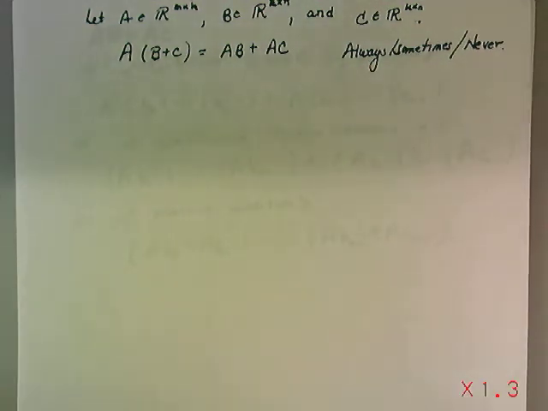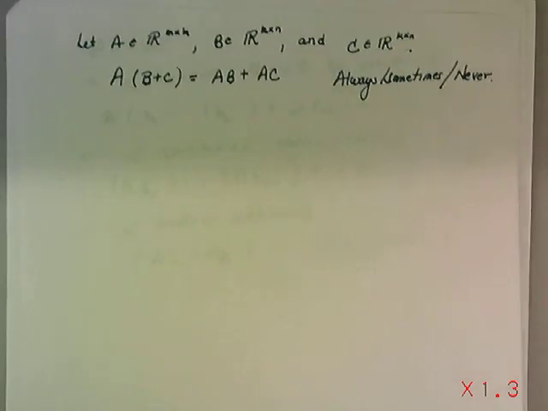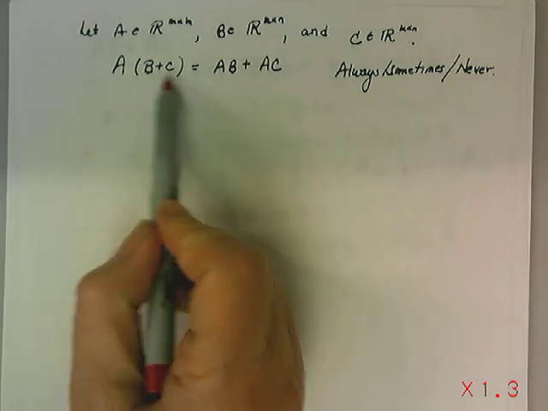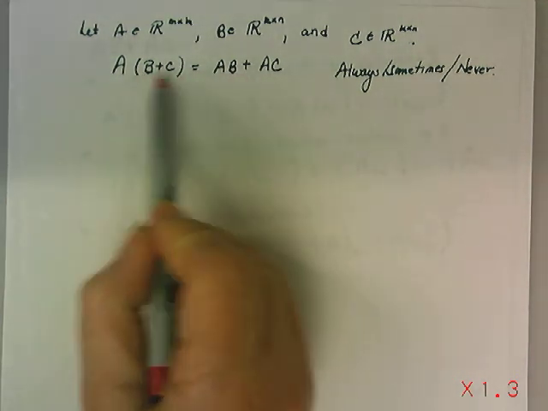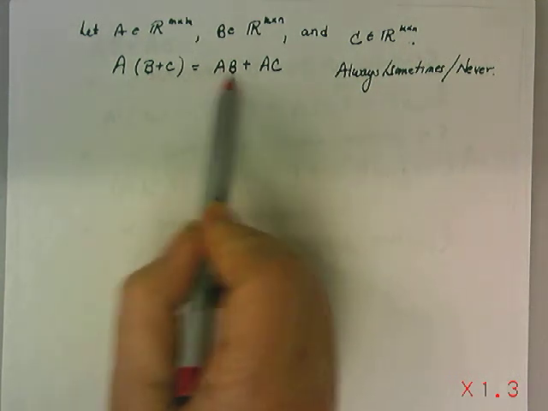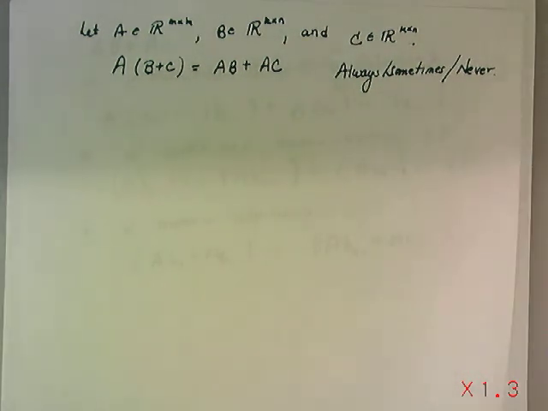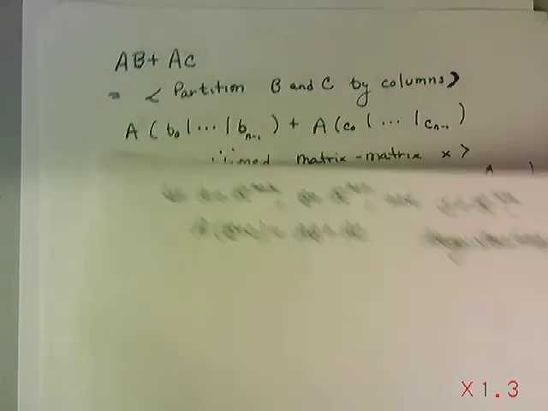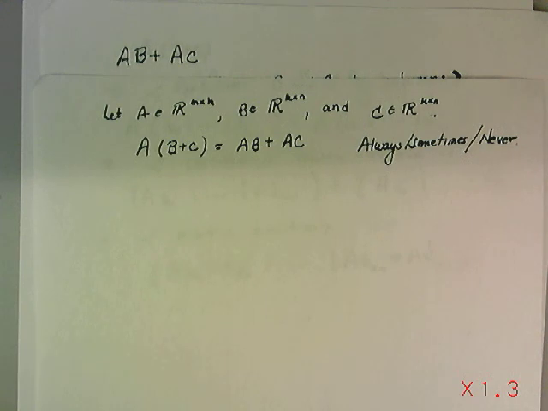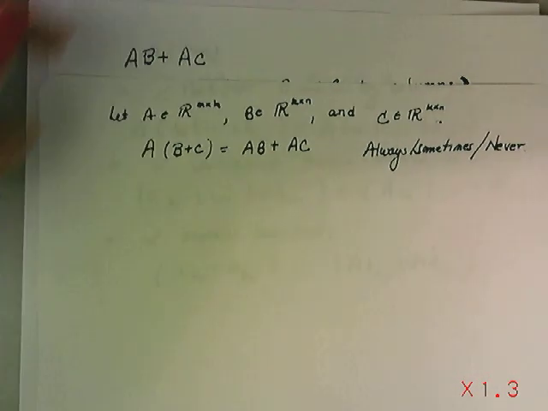So I'm going to use the same strategy that I have been. I'm going to try to look at each side of this equation separately on scratch paper to see if then I can come up with a formal argument. I guess I didn't necessarily do this one first, but it doesn't really matter which one I did first. Let's do it the way I really did it. If I looked at A times the quantity B plus C, and I tried to decide how that might simplify,